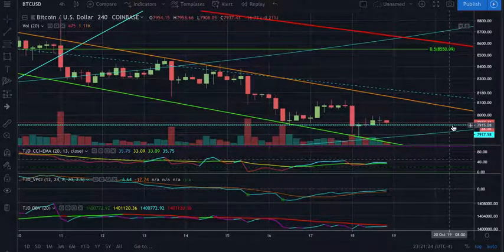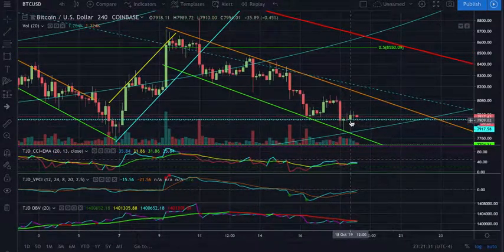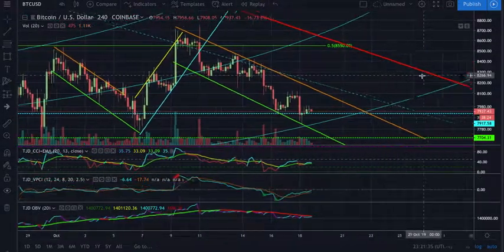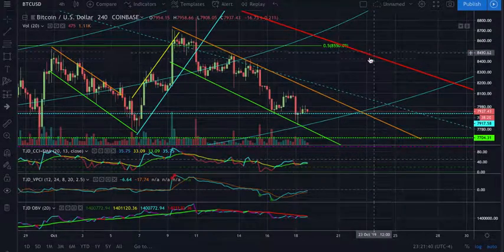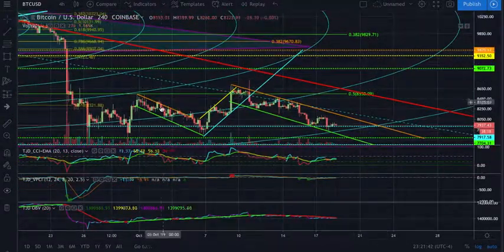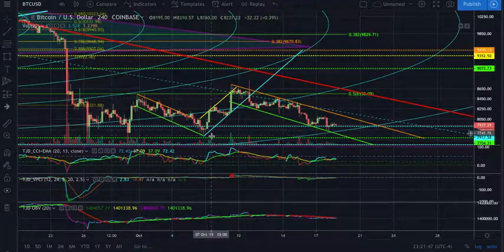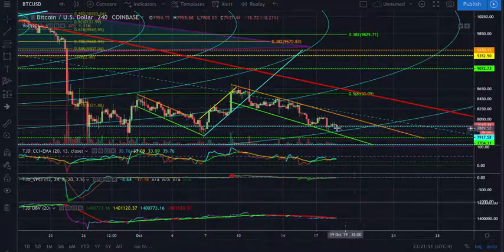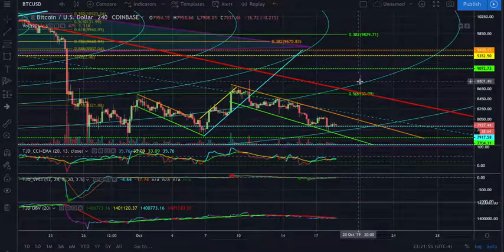But at this point in time, looking at the 4-hour now, it does look like if we got one more sell-off here and then a little bit of strength out of it, I think we could potentially get a bounce back up to the 0.5 region, 8,500. But I just think it's less likely, because even though we got a high, we got a higher low, we got a higher high. If we potentially don't go all the way down here and we find support, we could call this a higher low, and then we could essentially hope to move up,